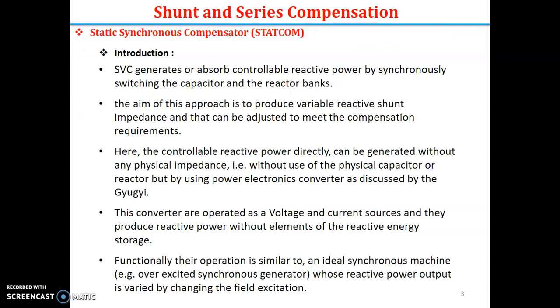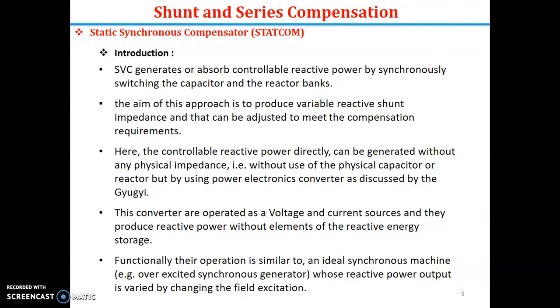Now, the static var generator discussed in the previous section, like the SVC, will generate or absorb controllable reactive power by synchronously switching the capacitor and reactor bank. So, this is the principle of operation of SVC. But here in STATCOM, our aim is to produce a variable reactive shunt impedance, and that can be adjusted to